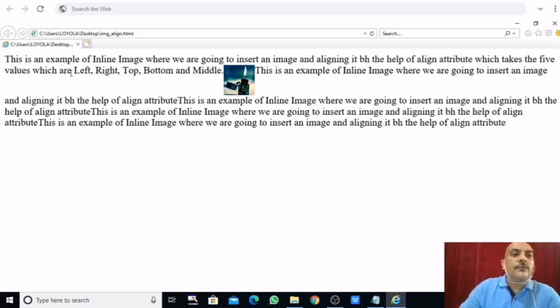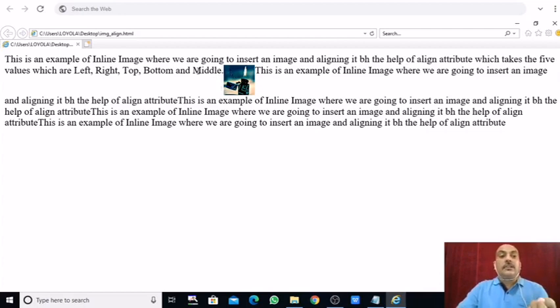See this line, values which are left, right, middle, full stop. Now, which text is it taking as a reference? It is aligning to the top of the text. So which text is it taking as a reference? It will take as reference the tallest text of that line.